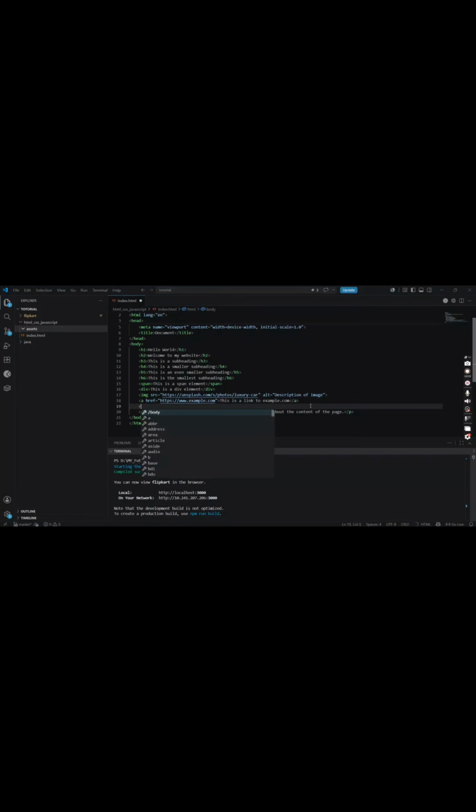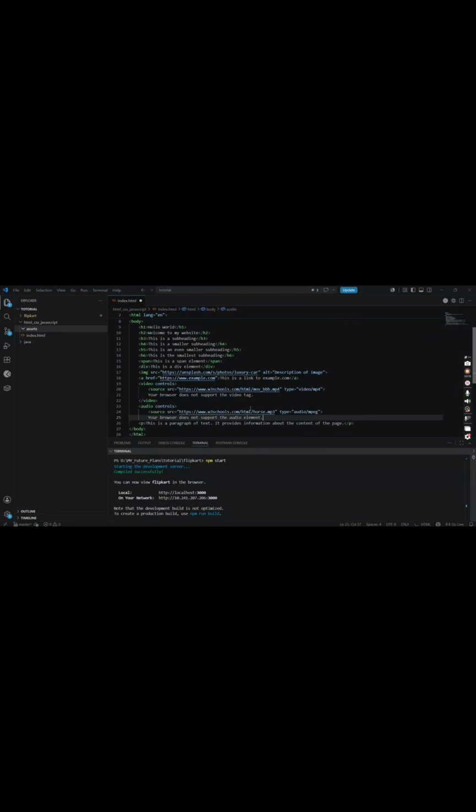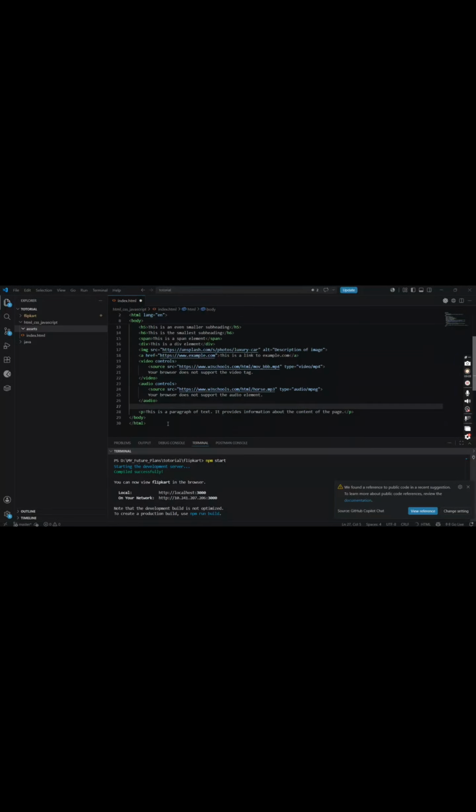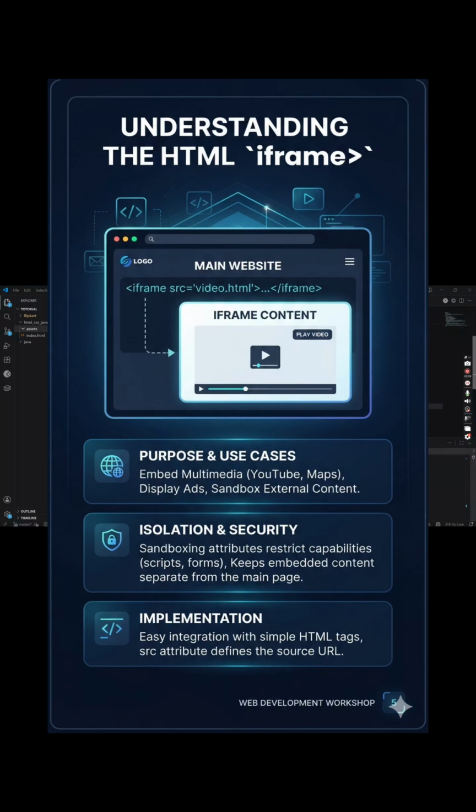Video tag, just go to video tag. We have to add a video. I am adding the W3Schools video tag, and go to audio tag. I am taking reference from the audio tag only. Now we have to close. Iframe tag we will take. I will tell you why we have to use iframe. Example, we have to add